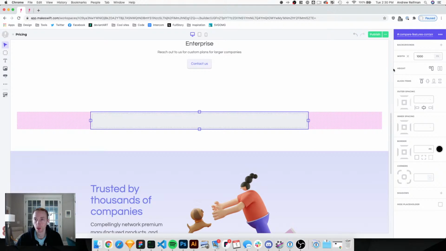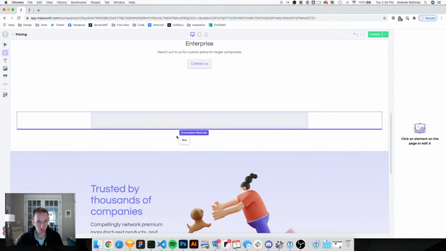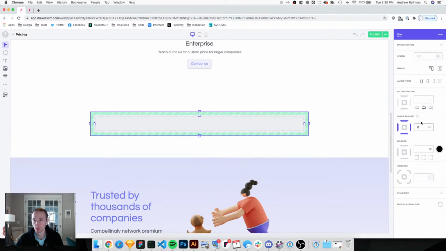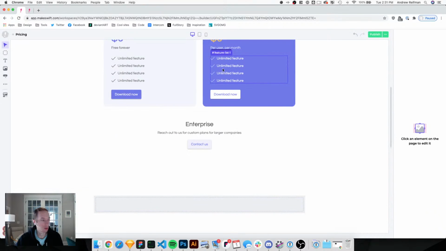Yeah, that's fine. And I can basically start dropping in more boxes for rows. So each one of these will be a separate row for each feature. So we'll say the first one